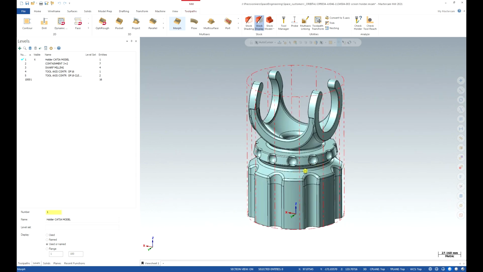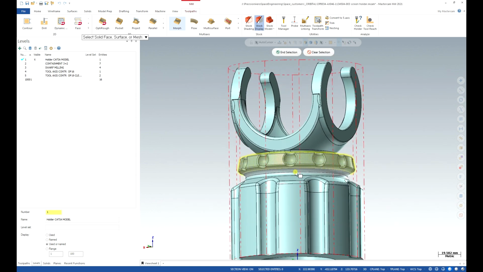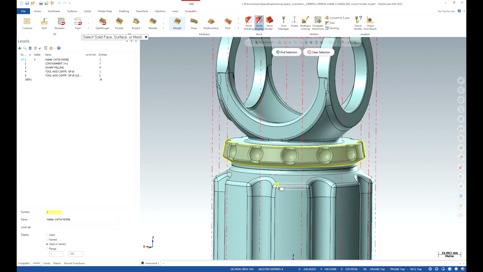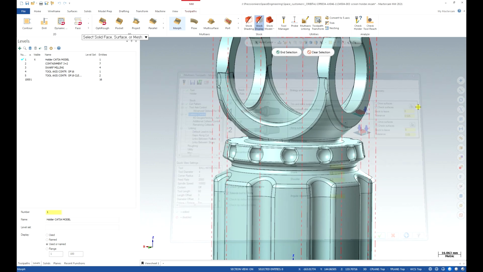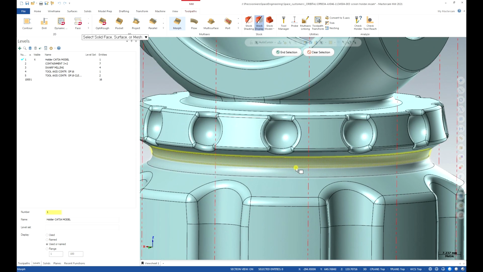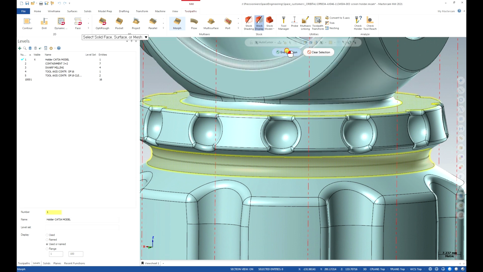Okay, that has no check surface underneath. So as you know, we started our drive surface, our clean core from here, but we haven't got anything here, so Mastercam will trim this away. Okay, and in here I'm going to trim and relink toolpath, but not the drive surface, check surface, and I'm going to select this, let's say this, and this. Okay,